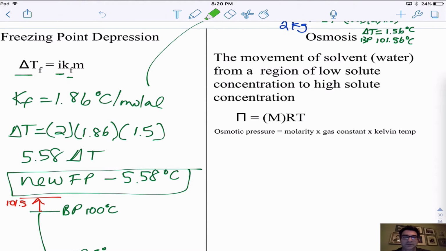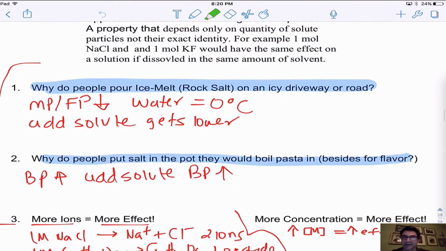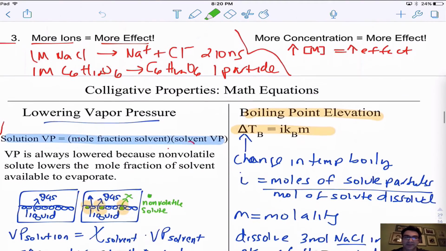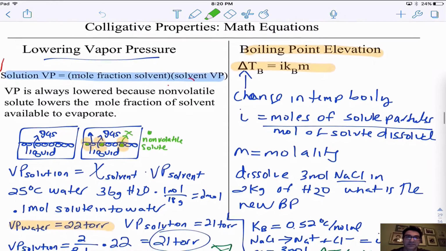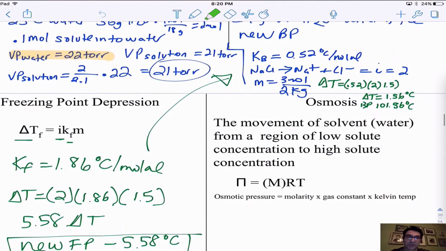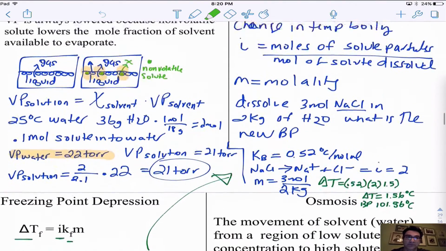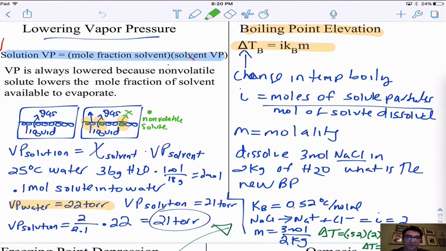Welcome everybody. So far for colligative properties, we've talked quite a bit about what a colligative property is, what you need to know for the regions, and also how to do some of the math here. In class, we also discussed specifically problems for boiling point elevation and freezing point depression, ones that were easy, ones that were difficult. What we didn't really get into was vapor pressure lowering,